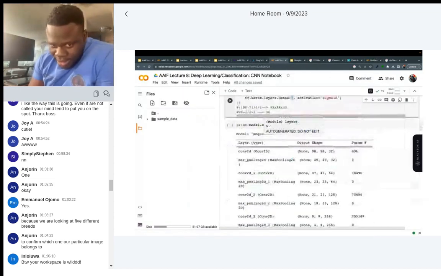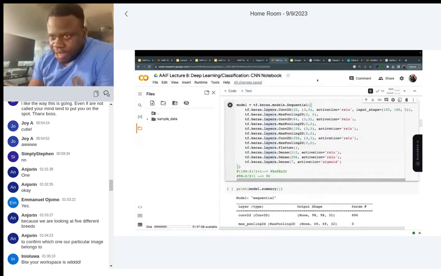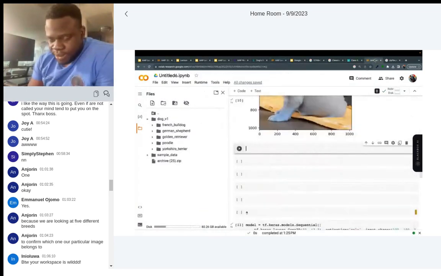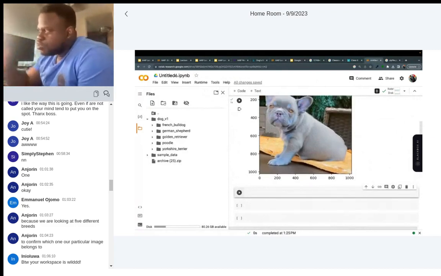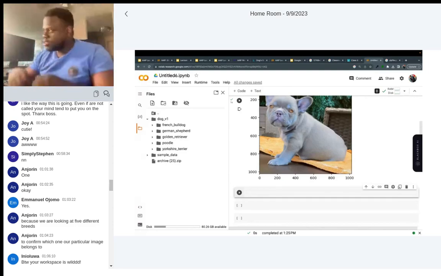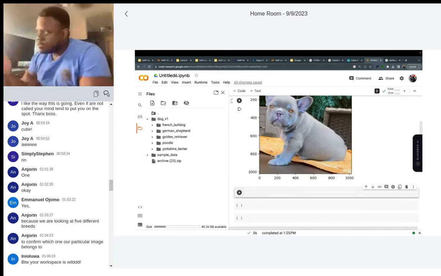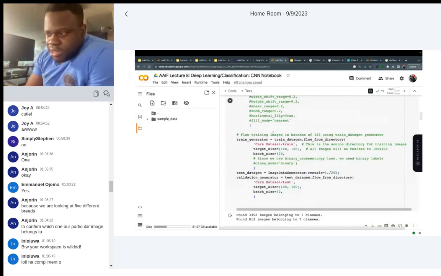So now we're going back here. Now the term for the next thing is called data augmentation. After we've gone to Kaggle, we've taken the data, we've uploaded the data, we've seen the data, and we've verified the data, we're now going to do what? Data augmentation.